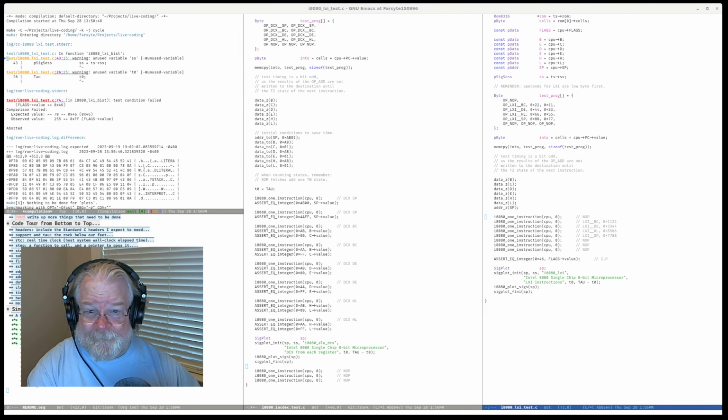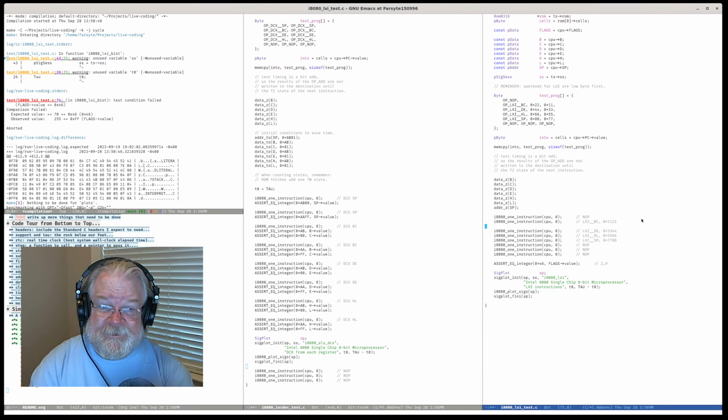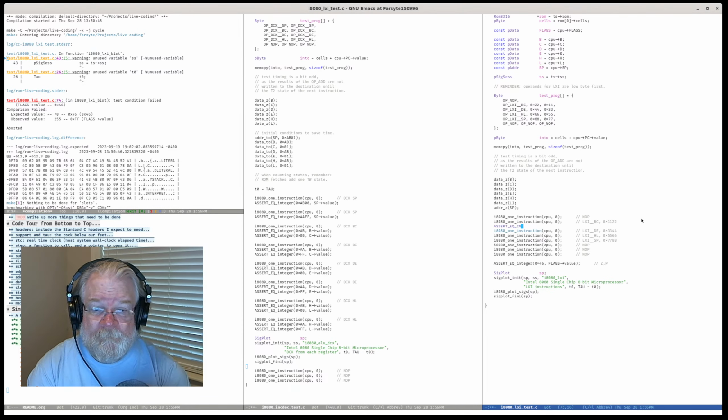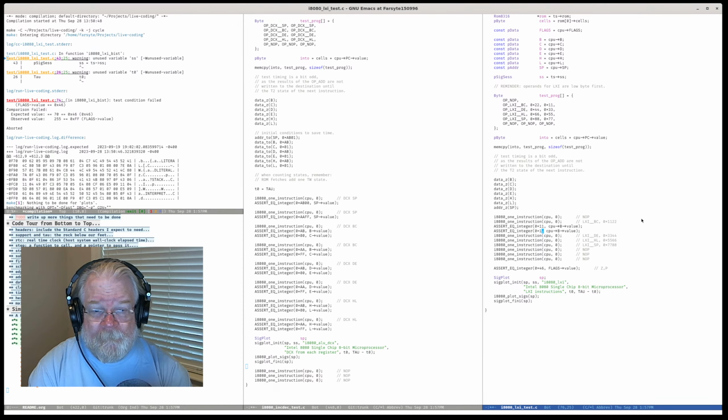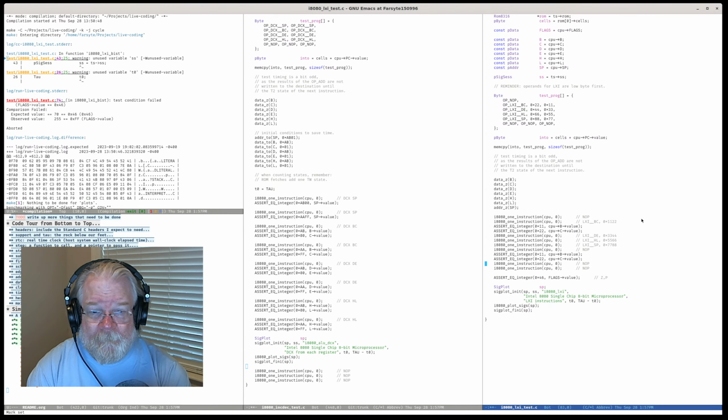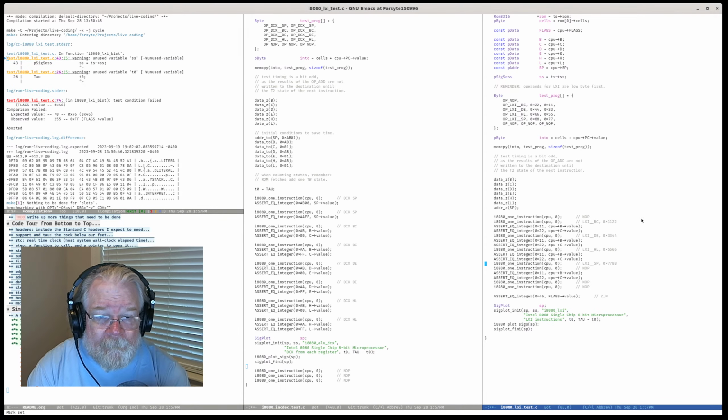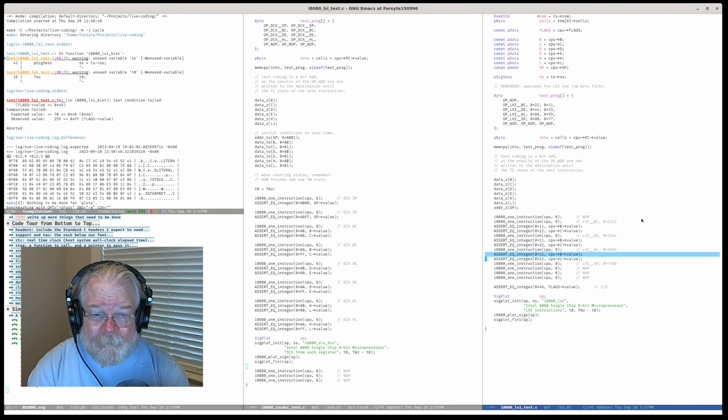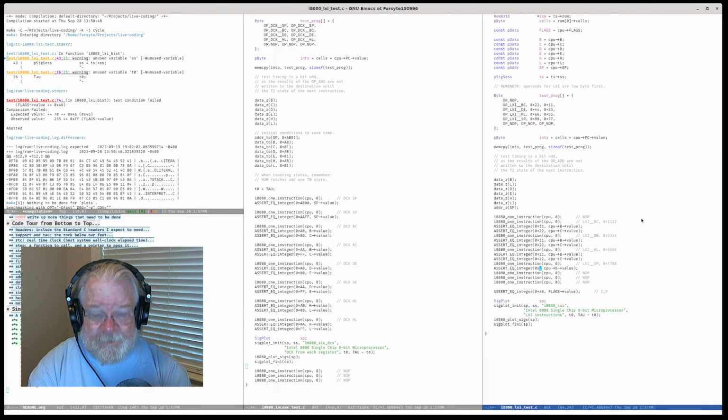Okay, got that. So now we can start comparing some things. So 1 1 is the B register. This is 7788, the SP register.